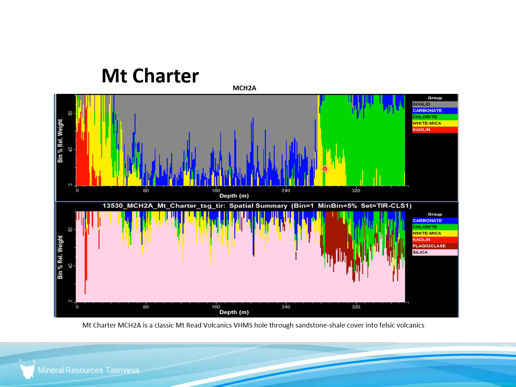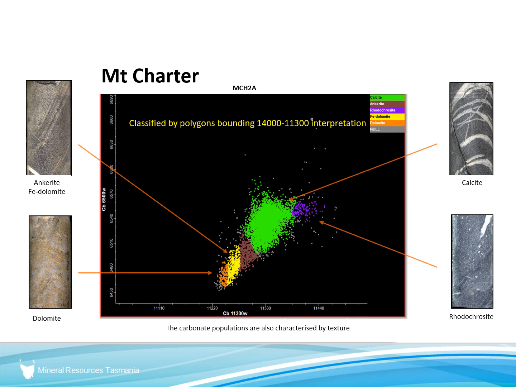So these are easily seen using the HyLogger. So in that hole, we can characterize the carbonates using a couple of spectral indices, the wavelengths of two of the thermal features, and we get all the carbonates in this sort of space, but we can characterize them spectrally, and these colors have been determined using spectral techniques. But when we look at typical images of each of these populations, we can see they really are quite